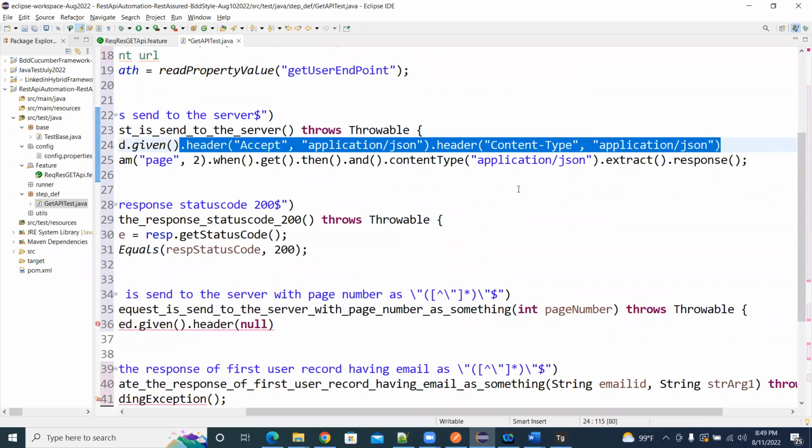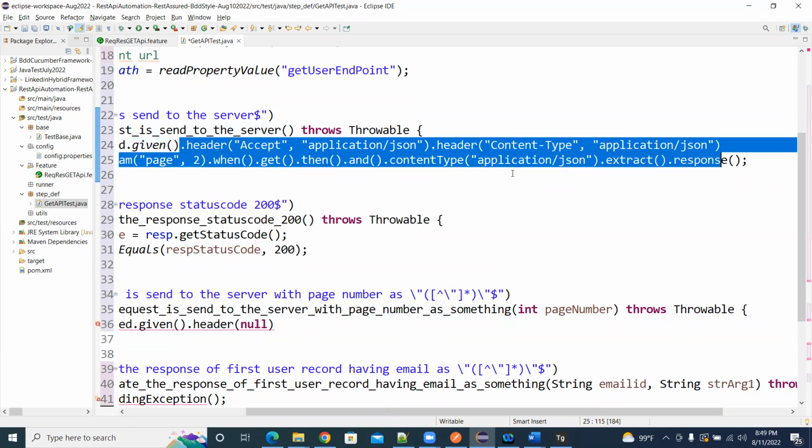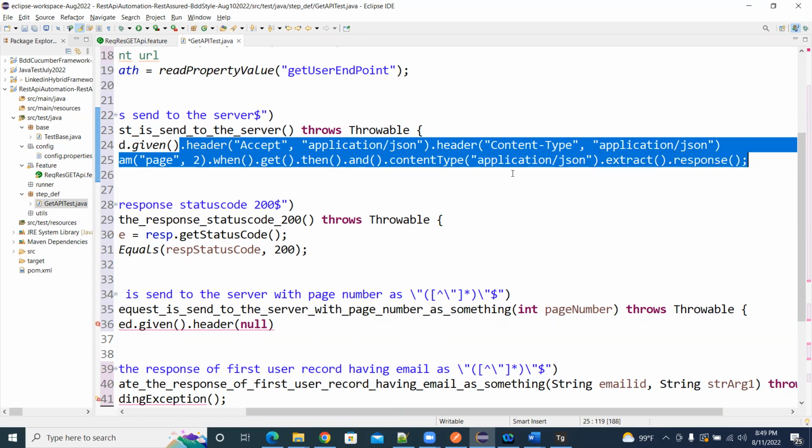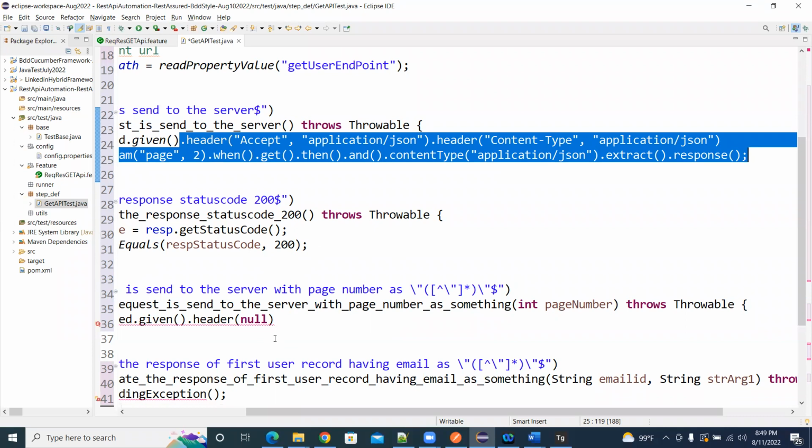Take all the headers. And if you want a query parameter also, you can do that. So query parameter, here we hard coded. So then the get method. Then we need a then and content type and extract response. Same thing you can copy this. But here what I'm going to do is,